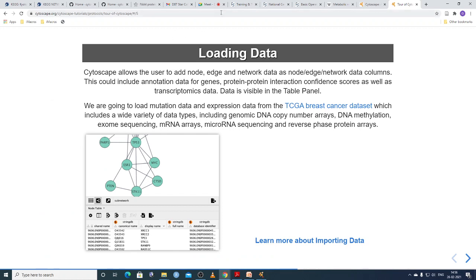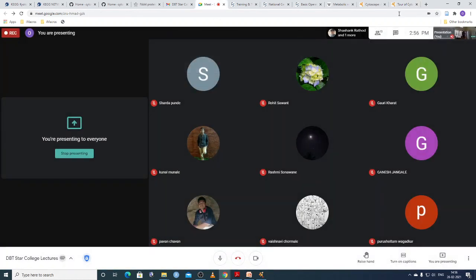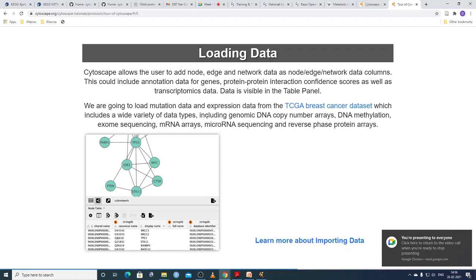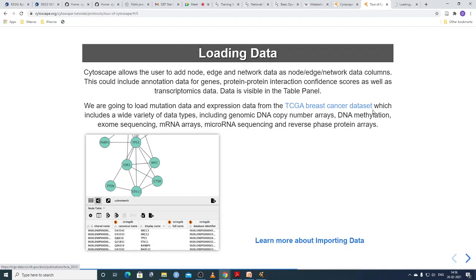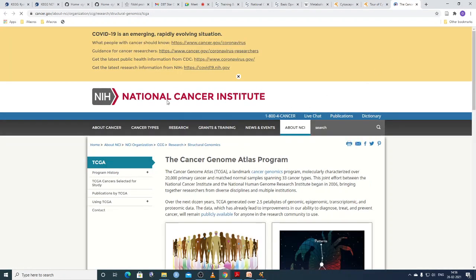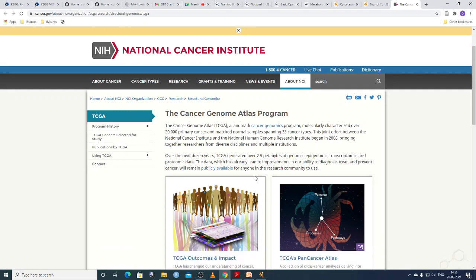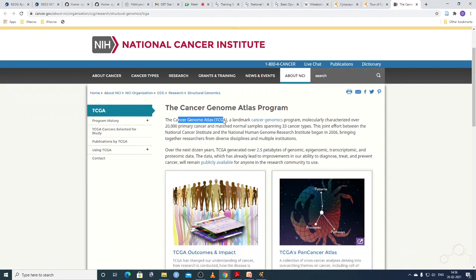Then loading data. If you want to load data, this is a TCGA breast cancer data set. Where does this data come from? This data set can be derived from different sources. This is a cancer data set from the National Cancer Institute, The Cancer Genome Atlas.